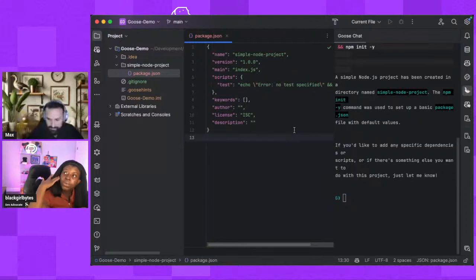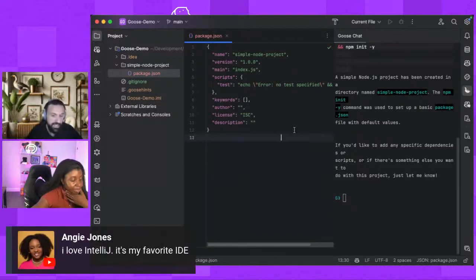I'm curious though, what made you say I want to make an IntelliJ plugin for Goose? Essentially, because this is my main IDE. First of all, IntelliJ is my main IDE, and the second thing is that